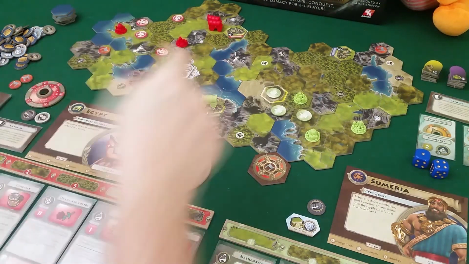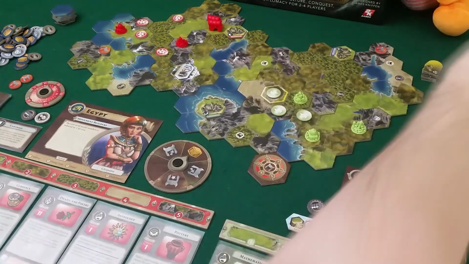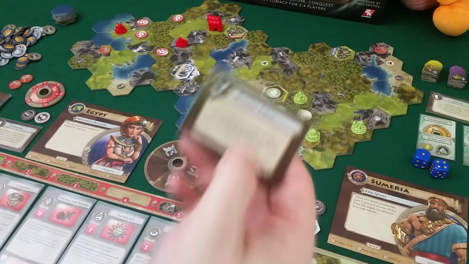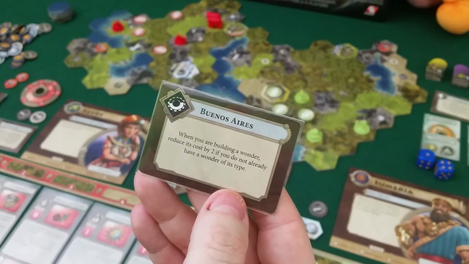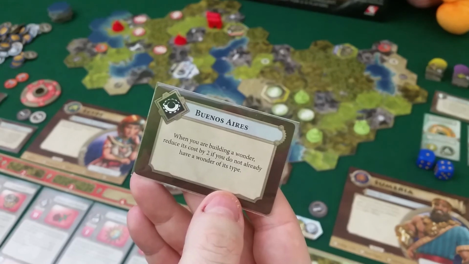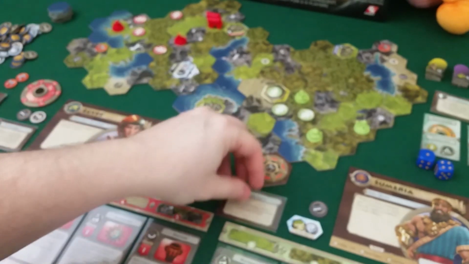And he will also get, this goes back to his card, but he will also get an alliance with Buenos Aires, or not an alliance, but like a trade agreement. This is when he's building a wonder, reduce its cost by 2 if he doesn't already have a wonder of its type. So now Draco is really strong in building now,